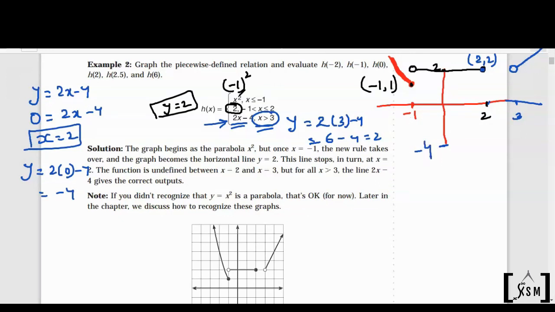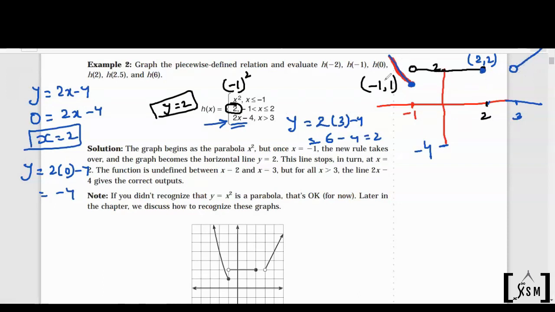Please understand, guys, while drawing the first function, I drew this all the way up to the dark circle. While drawing the second function, the x value is greater than -1. So I put a hollow circle at -1 where x was -1. And x is less than or equal to 2. That is why I put a dark circle at 2, right? You can see. And for the third function, x is greater than 3. That is why we put a hollow circle. So this is how the graph looks like.